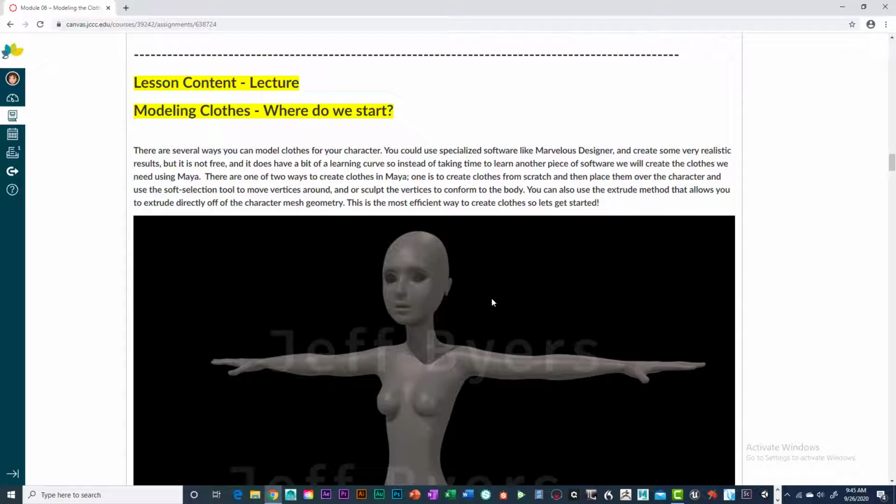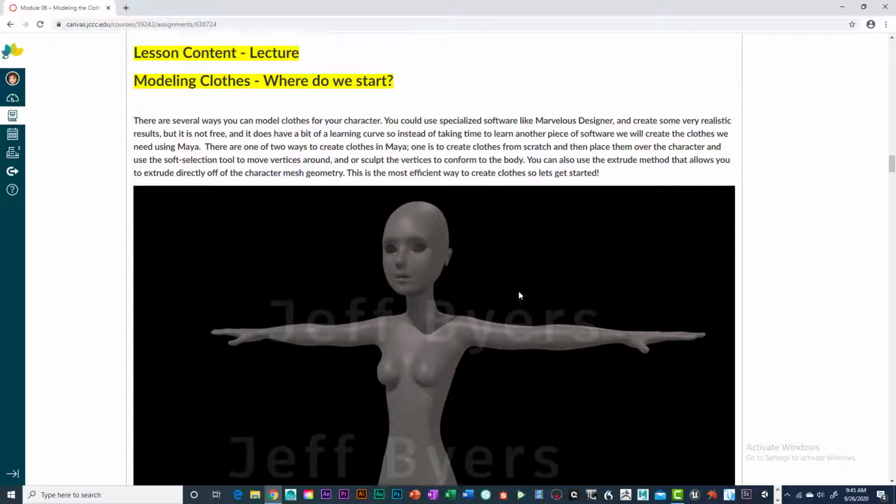just remember that the end result is that we have to rig the character, and we haven't even gotten into rigging. If you have a really super high res model, it's going to be very hard to paint the weights for that model. Okay, so there's a reason why I have you save your low poly figure. Okay, so again,